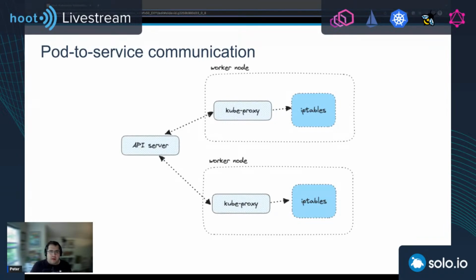So what is kube-proxy? Just very high level. It's a controller that connects to the Kubernetes API server, and what it does is it watches for any changes that are made to services and pods. So whenever a Kubernetes service or pod gets updated, kube-proxy will go and update the iptables rules so that the traffic sent to the service IP will get correctly routed to one of the backing pods. As pods get created and destroyed, kube-proxy will update the iptables rules to reflect those changes.